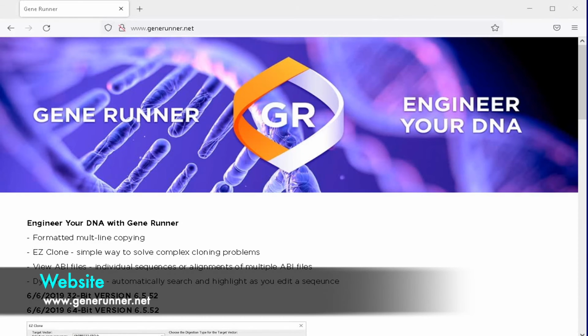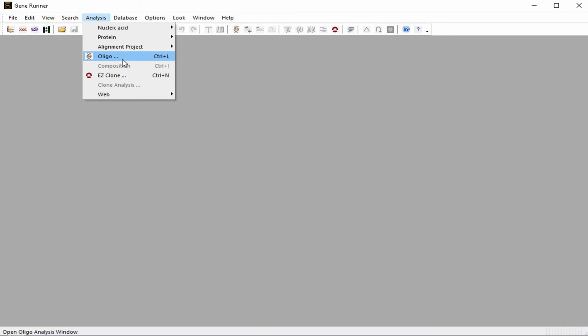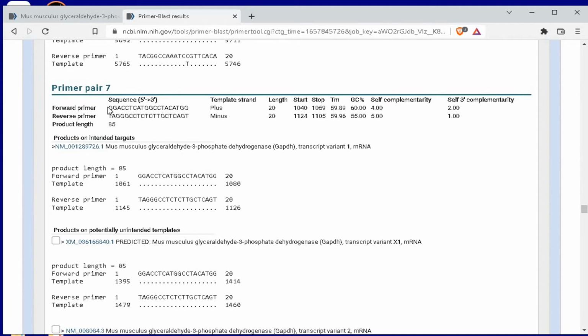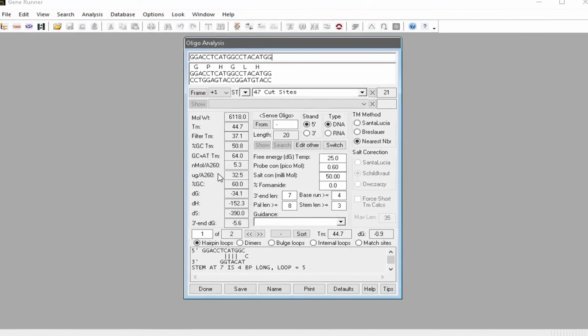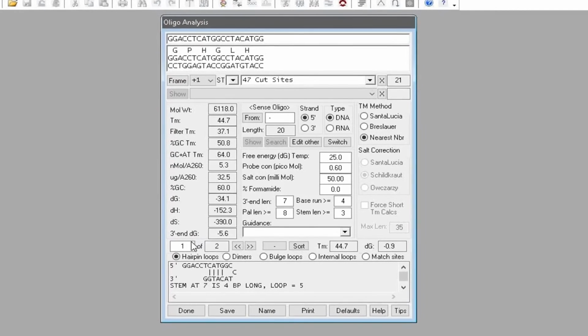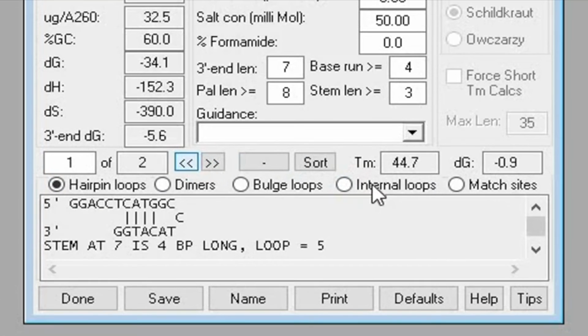To check the qualities of the primers, download the GeneRunner software into your computer from the website. Next, install and launch the software. Click on Analysis, then Oligos, and paste the forward primer sequence into it. You can go through these specifications if you want to. What is needed to be checked here is whether this primer has any hairpin loops. And yes, this forward primer does form 2 hairpin loops. However, it only forms when the temperature reaches 6.8 and 44.7 degrees Celsius, which I believe is not achieved